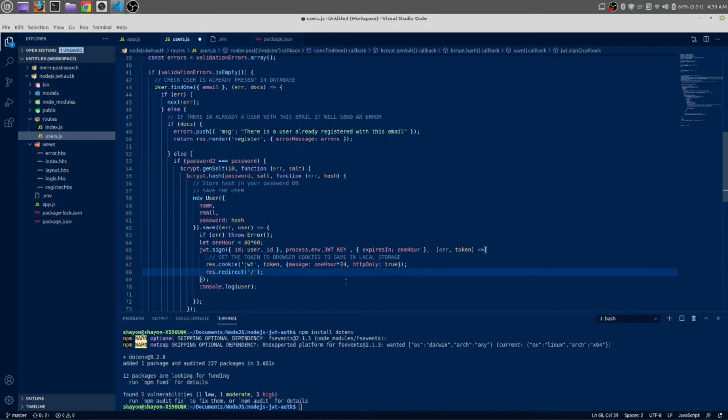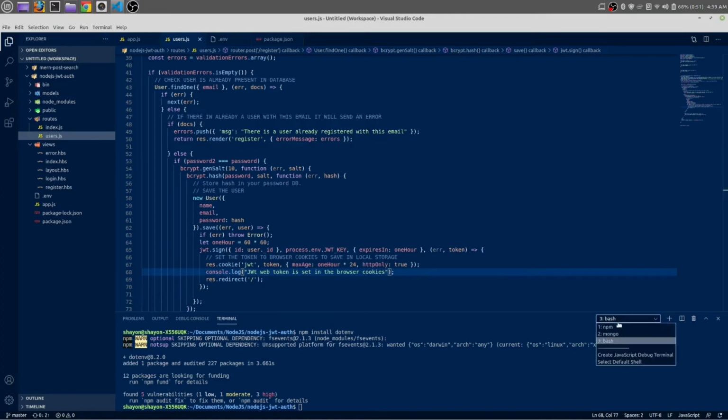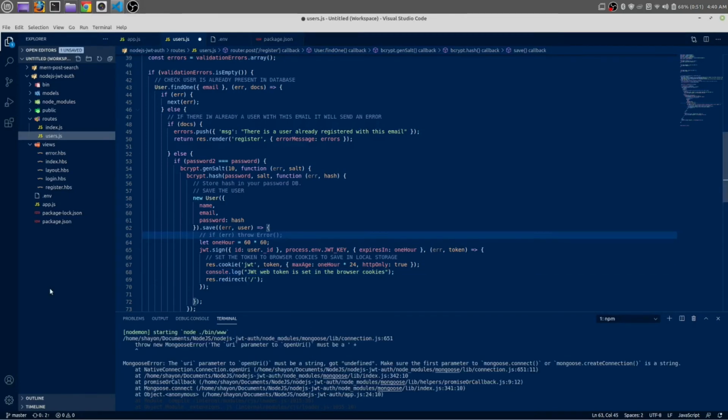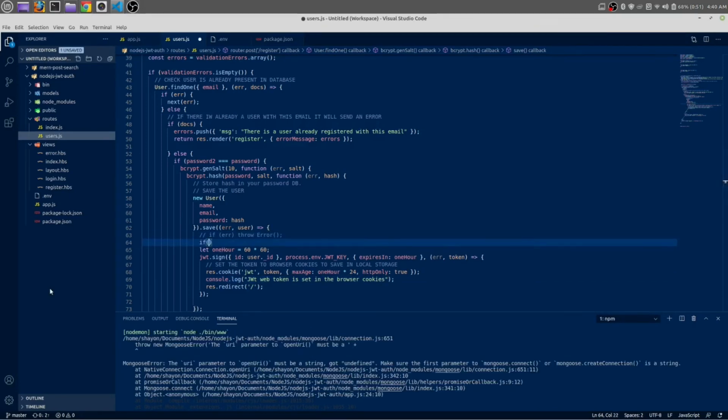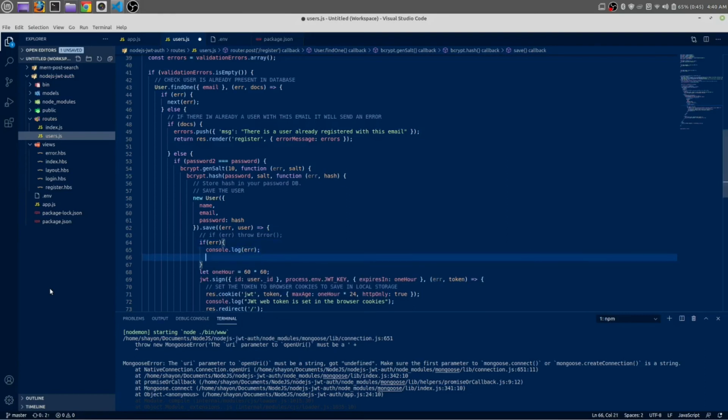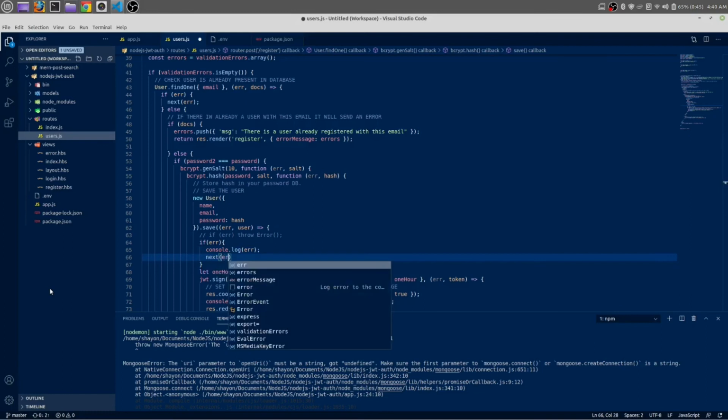Before redirecting, let me console something in here. Control Shift I for rearranging your code. Okay, open your server console. In here something went wrong. I think we should handle our error like this. If there is an error, it will console log that error and go to next with that error.